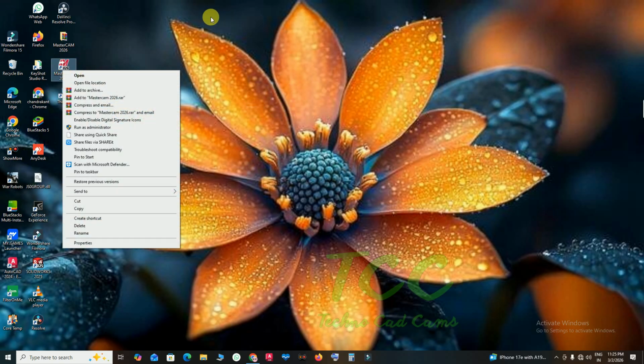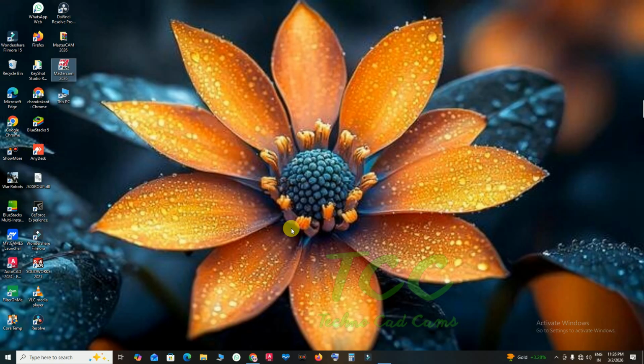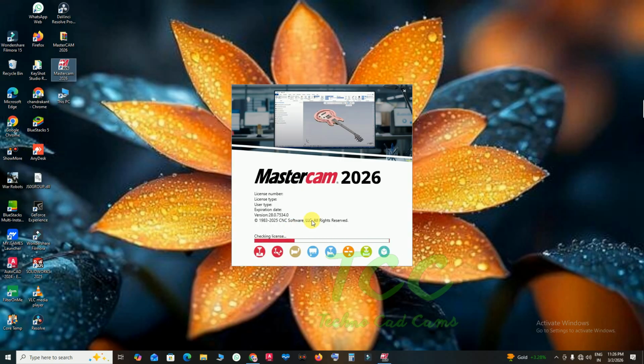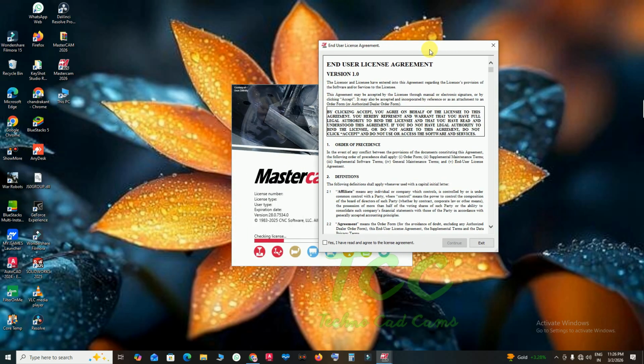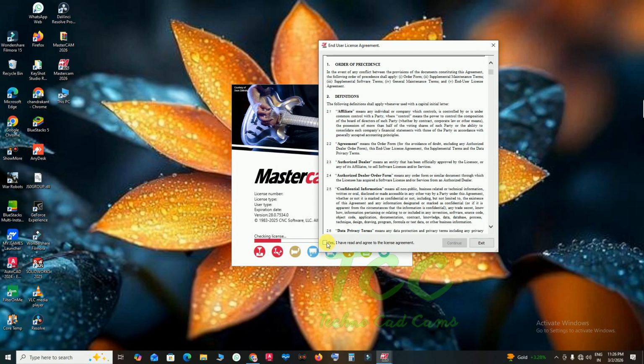So first time I'm going to open, so simply I'm going to click Run as Administrator. Yes. Okay. Yes, I read and agree to the license agreement, then continue.